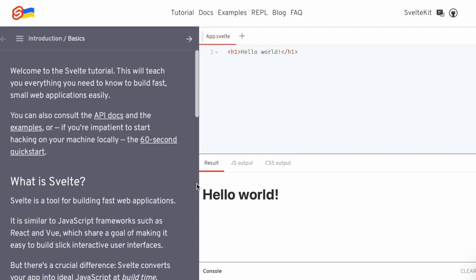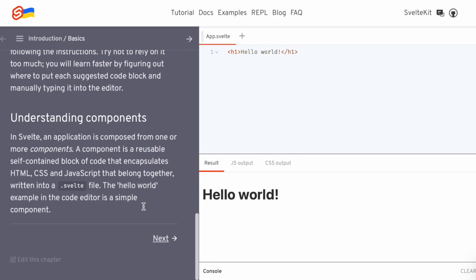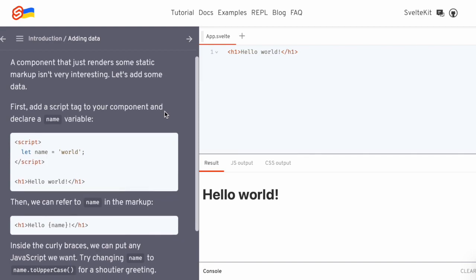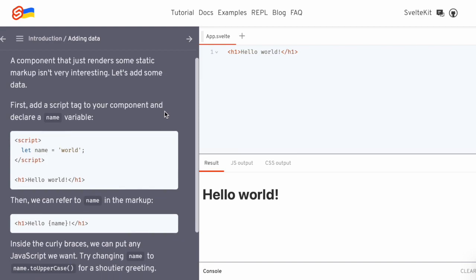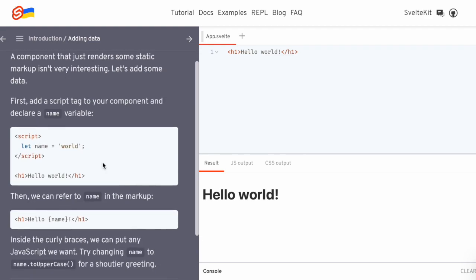So let's see by going through this tutorial, a component. Basically, we just have a script tag here, and we have a variable, and we can output that variable in curly braces, so it gives us a really easy syntax to work with, and we even added styling to our component. And we can style each one. When we set color red,